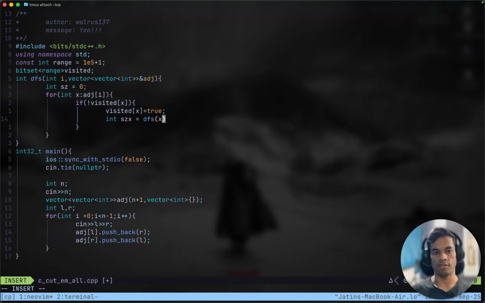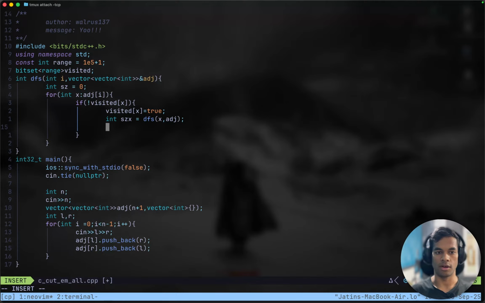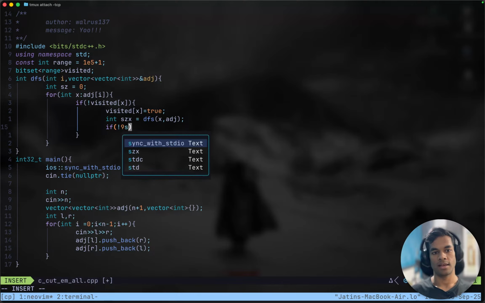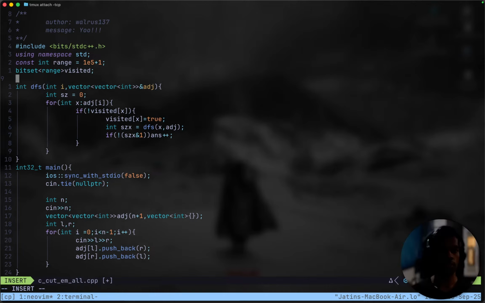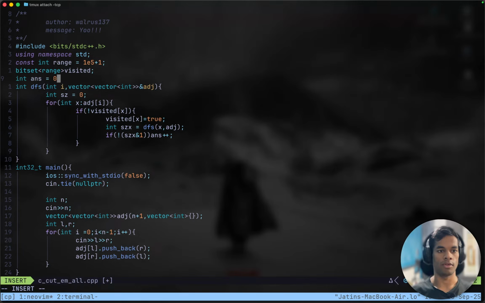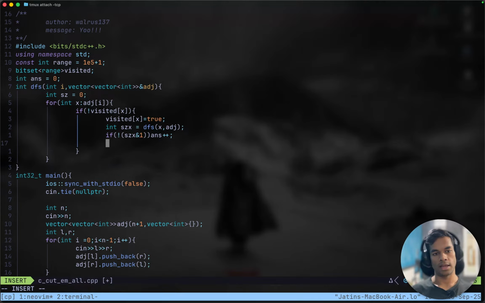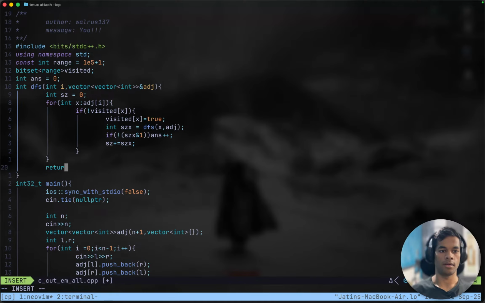We will call DFS on x with adj as the other argument, and if the size of this subtree is even, then answer plus plus. And what is answer? Answer is a global variable, int answer initially equals 0. And whatever the case, we will add this to the size, size plus sz x, and at the end return size